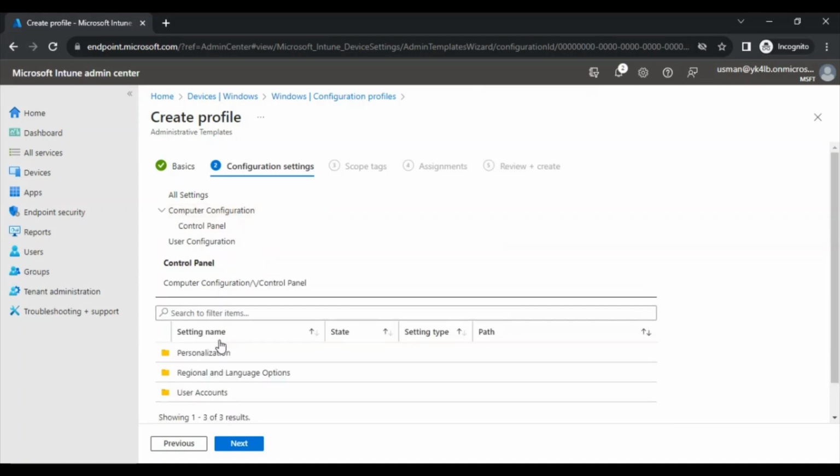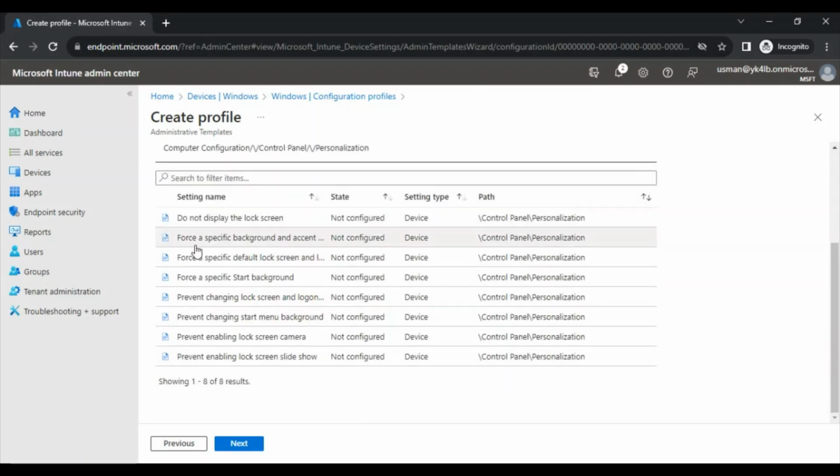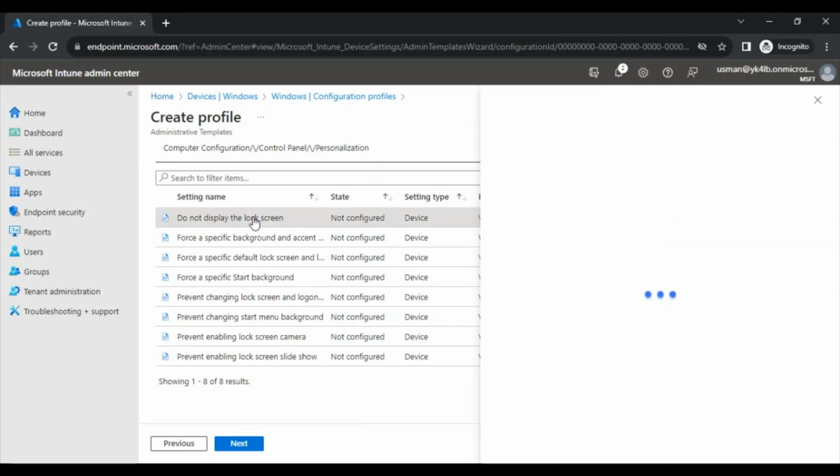So if I go to the control panel, as you see in the Active Directory, if you go to group policy management, in the group policy management we can have two kinds of configurations: computer configuration and user configuration. Microsoft Endpoint Manager has both as well. So I go to the control panel and then go to personalize. If I go to personalize, it has some options, and a very interesting option: do not display the lock screen. If I click here,